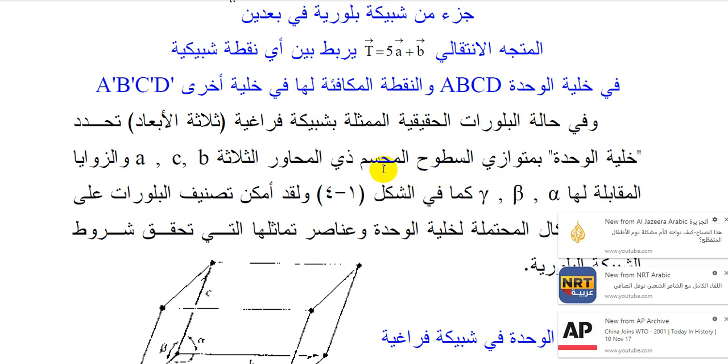The parallelepiped has 3 orthogonal axes A, B, C, and the opposite angles alpha, beta, gamma, as illustrated in figure 1.4, or 4.1. It is possible to categorize the crystals